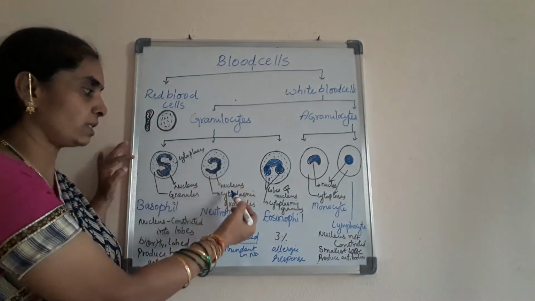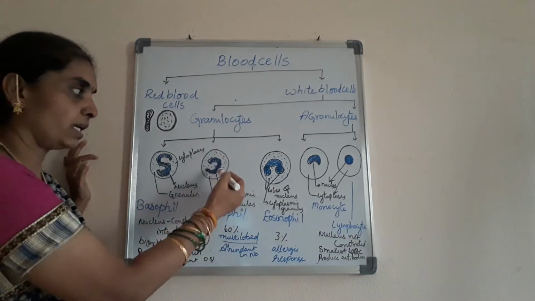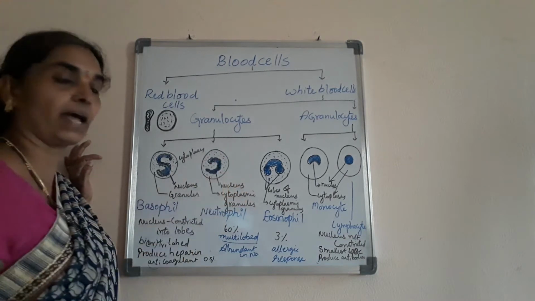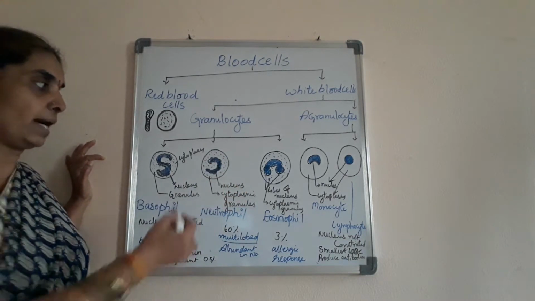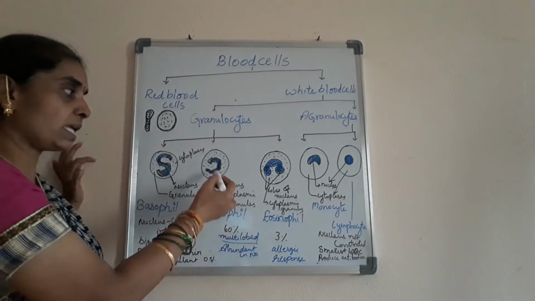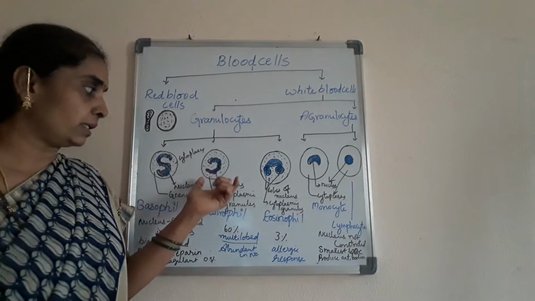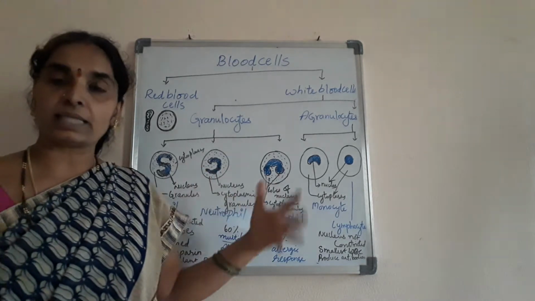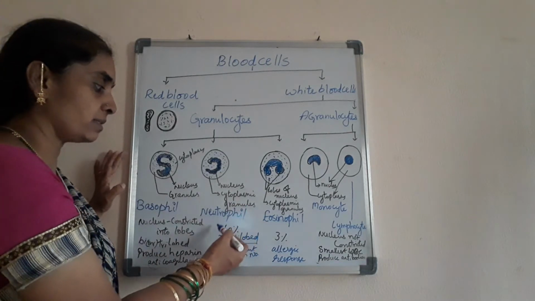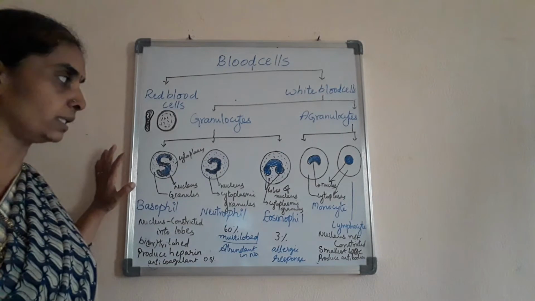Next, coming to the neutrophils, the nucleus is multi-lobed. Here we can see the multi-lobed nuclear structure, and it contains cytoplasmic granules inside it. About 60% of the white cells are neutrophils. If they die, they increase in number again and are formed continuously. The blood contains more than 60% neutrophil count in our body.